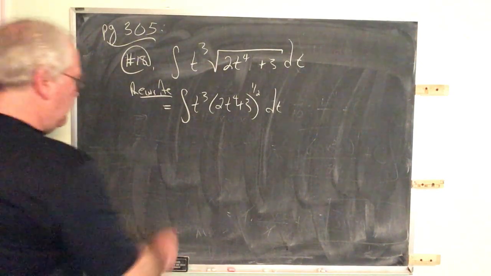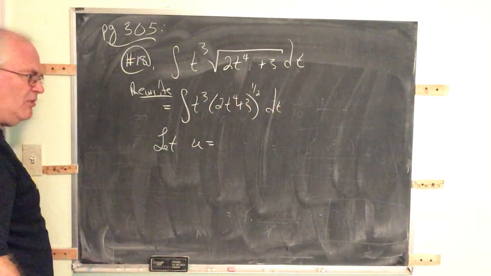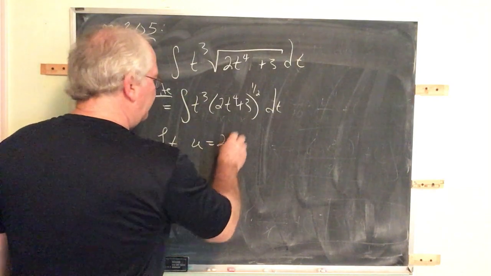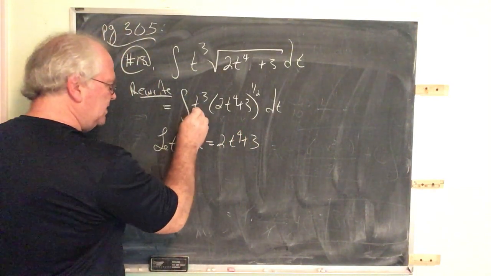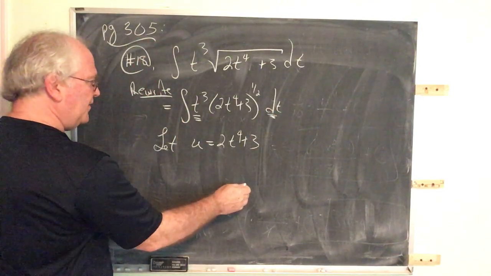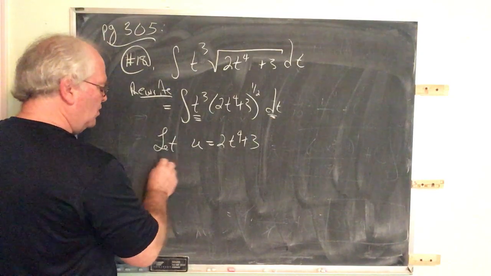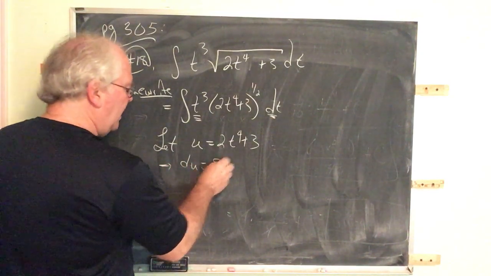All right, so let's see what we have here. I'm going to let u equal, it should be, I think, pretty straightforward by now, 2t to the 4th plus 3. What we have now to account for is the t to the 3rd and the dt. So we need to create t to the 3rd dt. Well, what do we inherit from the derivative is du. From the derivative, we inherit 8t